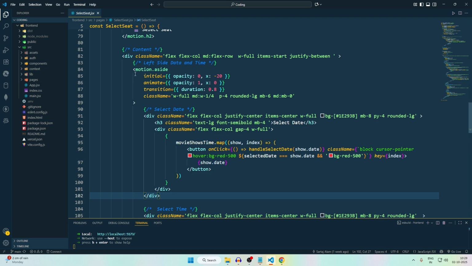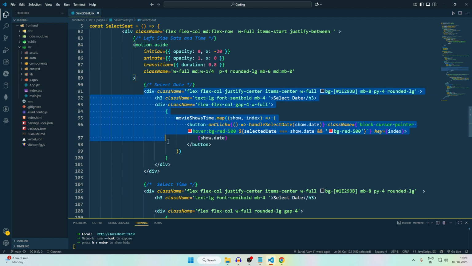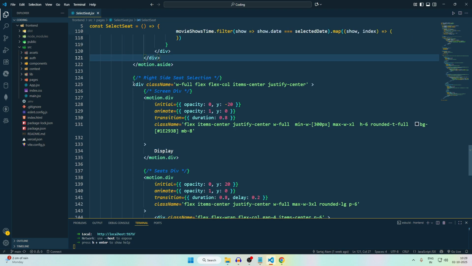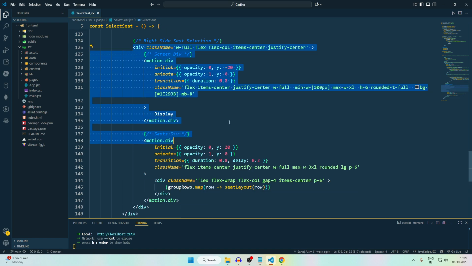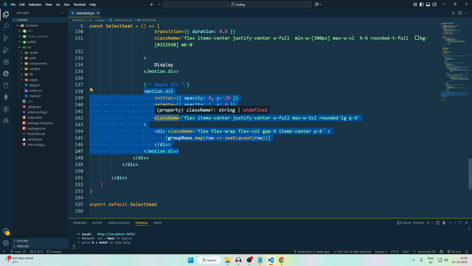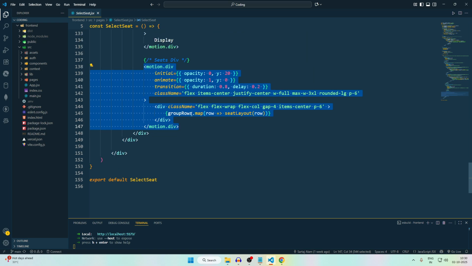In this div I have an aside with animation, and in this aside I have the select date and select time functions. Then I have a right section, where I have the display. Then I have the select seat div, and it is also animated with motion animation.